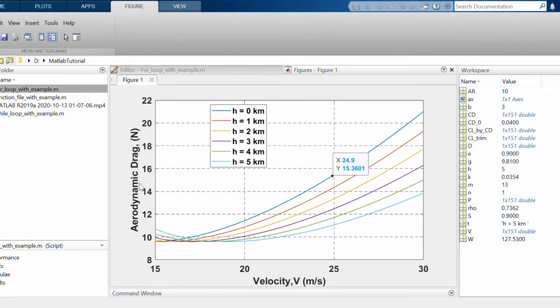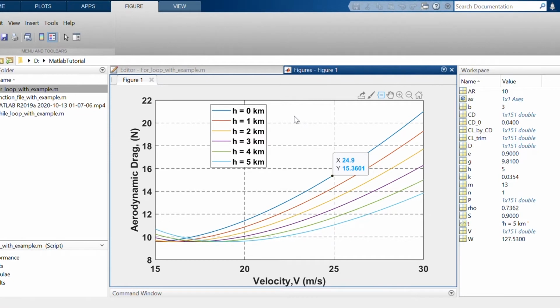First is MATLAB file. If you save this, anytime you open it, you can edit it. Or you can save in EPS form, enhanced form, JPG form. There are a lot of options available, but if you want to save a good quality image, then always save in EPS form or this TIFF image form. It will look good. So this is nothing but the aerodynamic drag versus velocity.